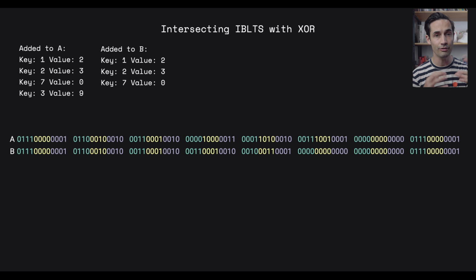But if you got into a situation where one end of the wire didn't have the right set size, you end up not being able to invert the filter. And a lot of the challenge comes in figuring out how to estimate the size of the set. So coming from this